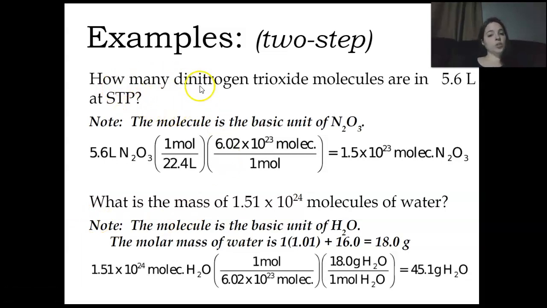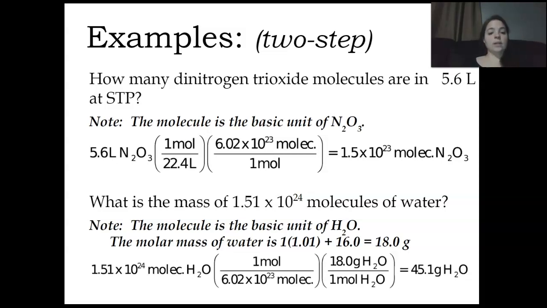So how many dinitrogen trioxide molecules are in 5.6 liters at STP? Just standard temperature and pressure. Okay? So the molecule is the basic unit of N2O3. How do I know that? Dinitrogen, there's 2 nitrogens. Trioxide, there's 3 oxygens. Okay, so I know I start with the liters, 5.6 liters of